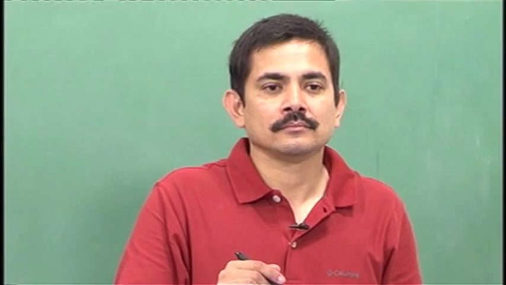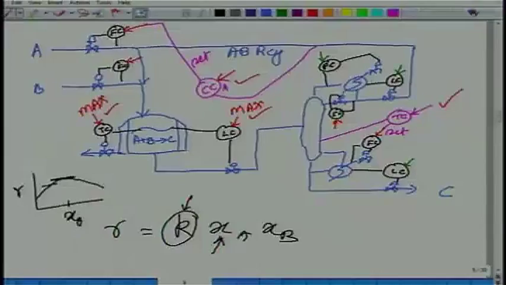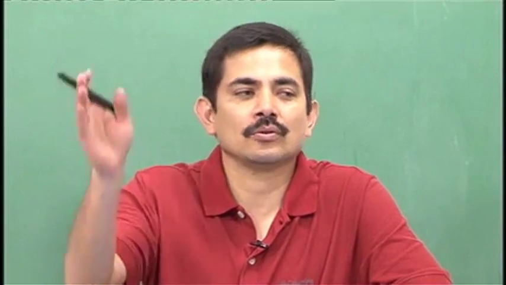Does this make sense or no? Okay. Now that it makes sense, we know how to set the composition controller set point, we know how to set the temperature set point, we know how to set the column temperature set point, we know how to set the level set point for the reactor. Only thing that is left is what? Reflux. That is the only thing that remains. Well, set reflux to a reasonable value so that too much C does not go up the top. That much sense any operator would have. Sufficient reflux so that C does not go up the top.